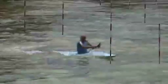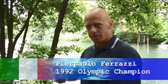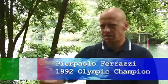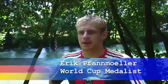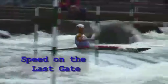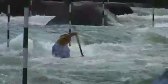It's the same with the ski, you know, and the same with the snake. With the short boat, many guys turn too much. I have a similarity there with downhill skiing. So the fact is you have to have the speed on the last gate. So you have to ensure that you be good on the first, and on the second and the third gate, and on the fourth gate you have to have the speed to go away,